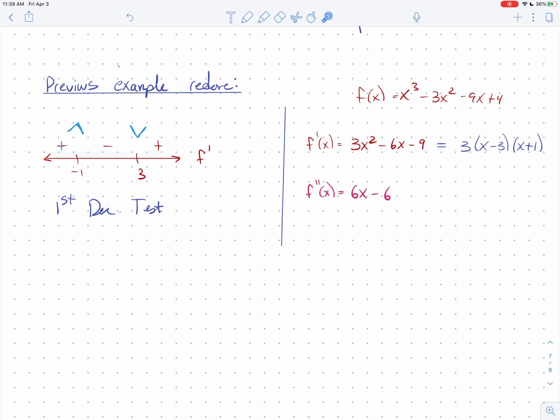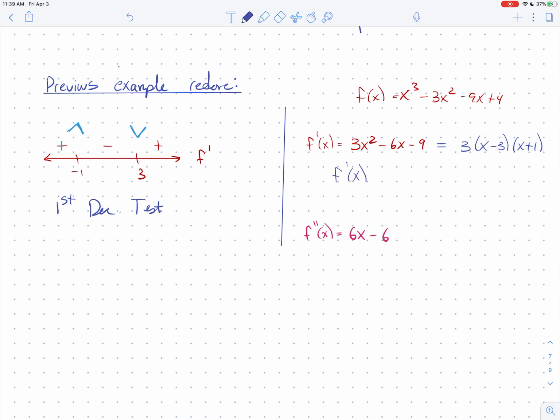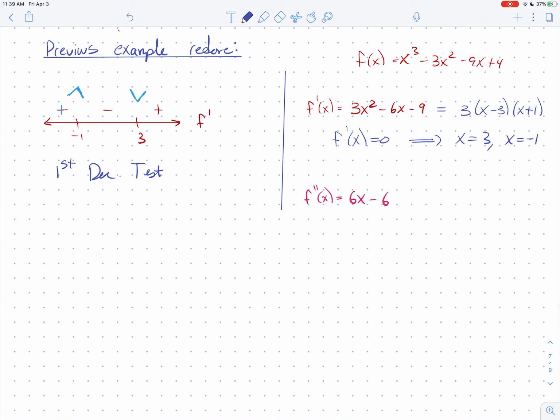So this test works great. It doesn't seem like we need another test, but you haven't seen the problems that we're going to be doing in the future. So how do you do it with the second derivative test? Well, you still find the first derivative. You still want to factor it if you can and figure out where it's 0. We get that f prime of x equals 0 tells me that x equals 3 and x equals -1 are solutions. So the idea is you find the second derivative, and then you plug these